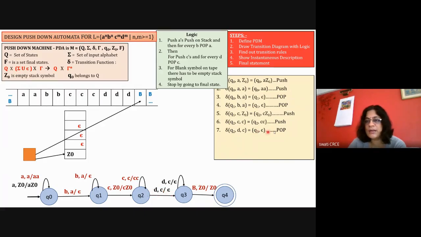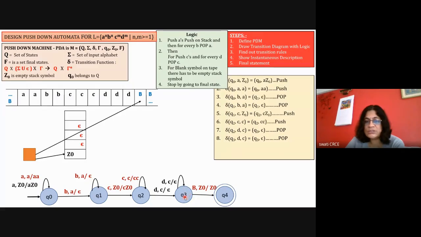Okay, so Q3 epsilon. And do write down the push and pop operation. Now in Q3, D comma C is epsilon in Q3 only. So Q3 D comma C is equal to Q3 epsilon. So once the diagram is done, then writing these rules is also not a problem. Sometimes when you do much practice, you can directly draw this diagram without looking at this working, and then write the transitions directly. Once you practice it, you will be able to write down the transitions directly, because you are familiar with these designs.